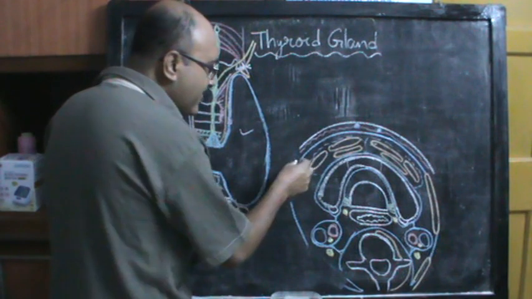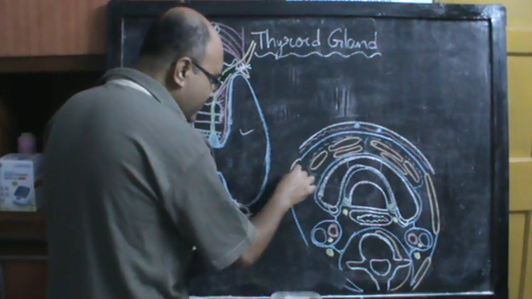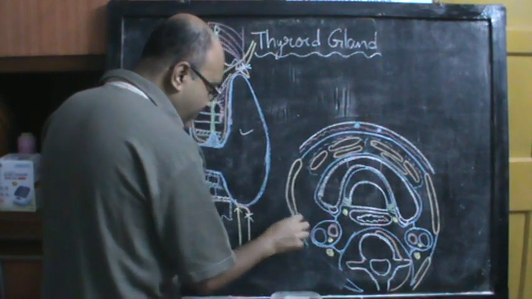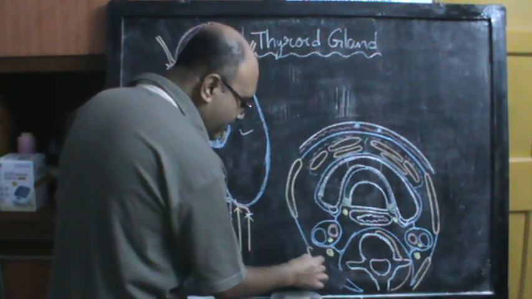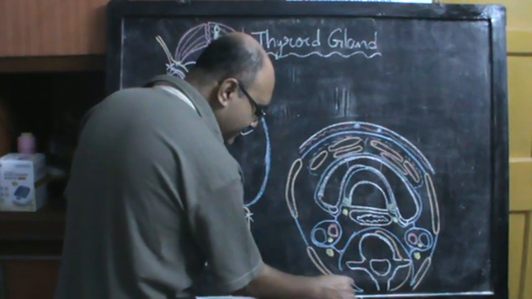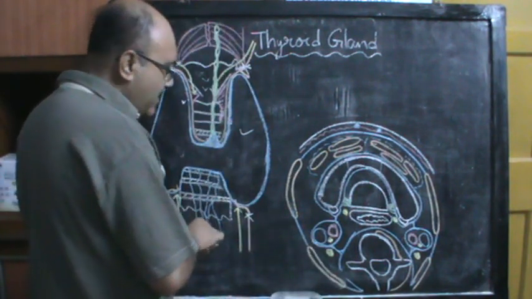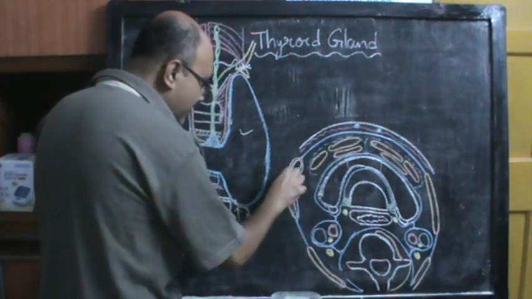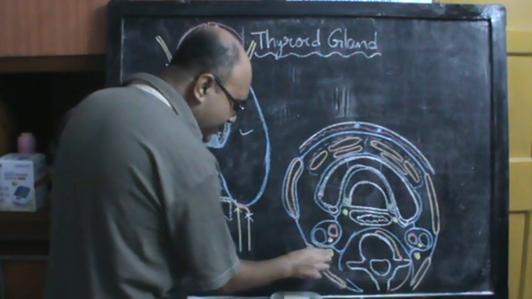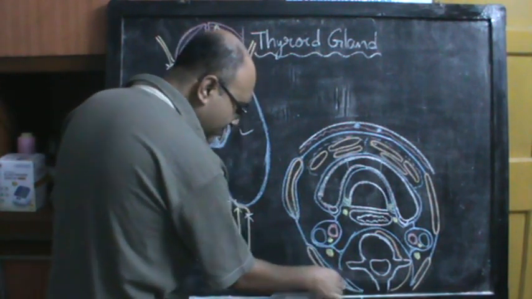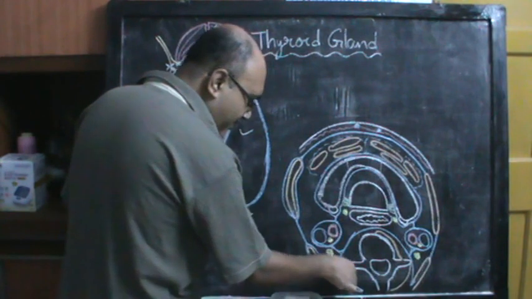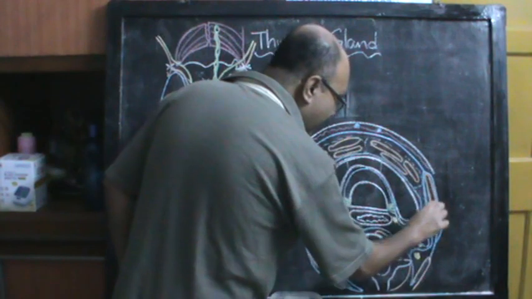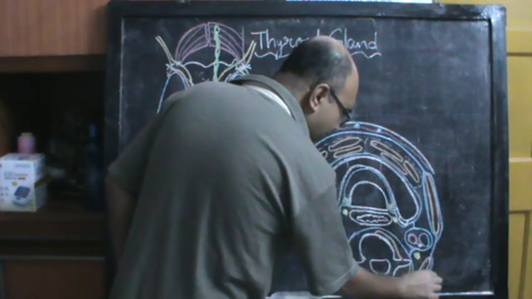So somewhere here we will draw the sternocleidomastoid, and somewhere behind here we shall draw the trapezius, and we shall show that the investing layer of the deep cervical fascia splits to enclose both the sternocleidomastoid and the trapezius. So now you have done the thing more or less comprehensively. You have put the thyroid gland in its proper position, both in its cross